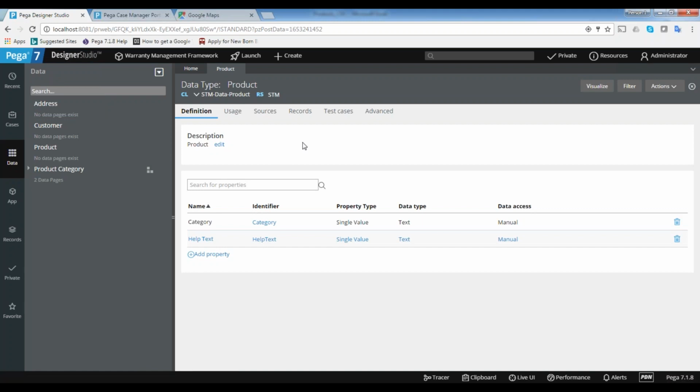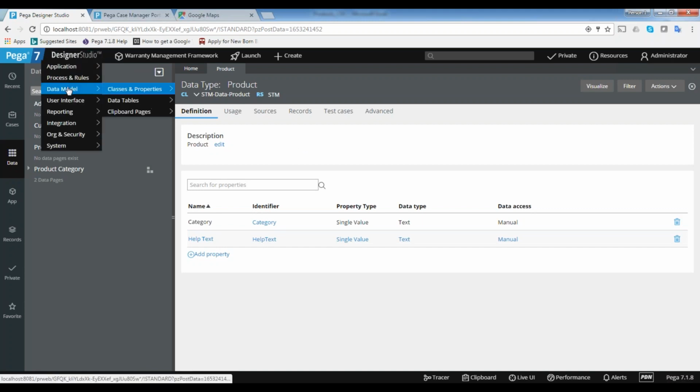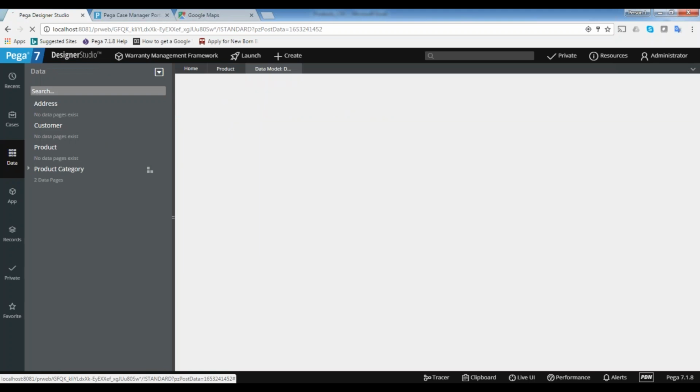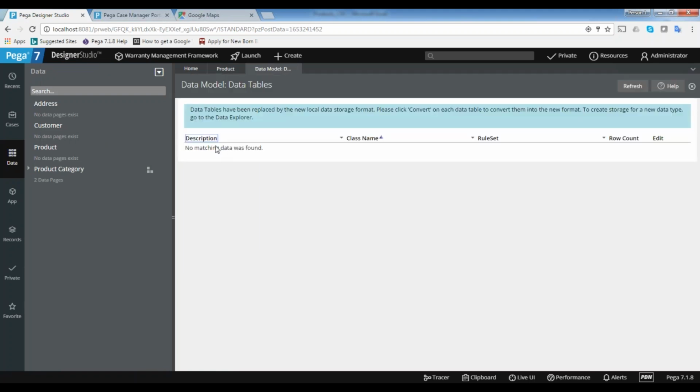In 7.1.6 we have the data tables concept. Okay, I'm practicing on 7.1.6. Yes, data tables is still there. Data tables have been replaced by the new local data storage, deprecated from 7.1.7 onwards.